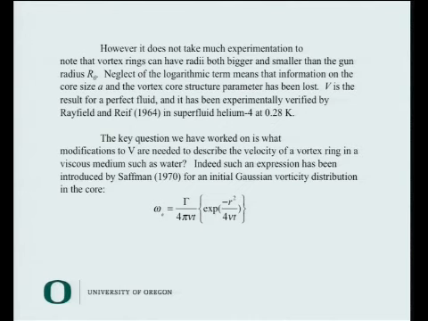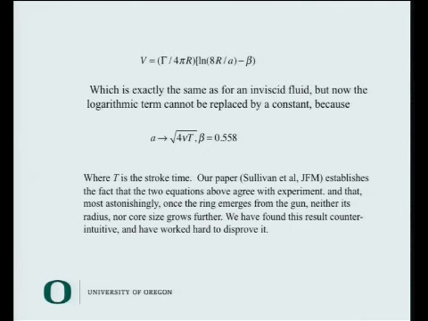Well, we're very, very lucky that Phil Saffman, who just died a few weeks ago, thought about this problem, and he considered a vorticity distribution in the core, which is given by the circulation divided by 4 pi nu T, where nu is the kinematic viscosity, T the time since the experiment began. This is the distribution of vorticity he begins with. He then gets a formula for the velocity of that ring in water, and by golly, it's